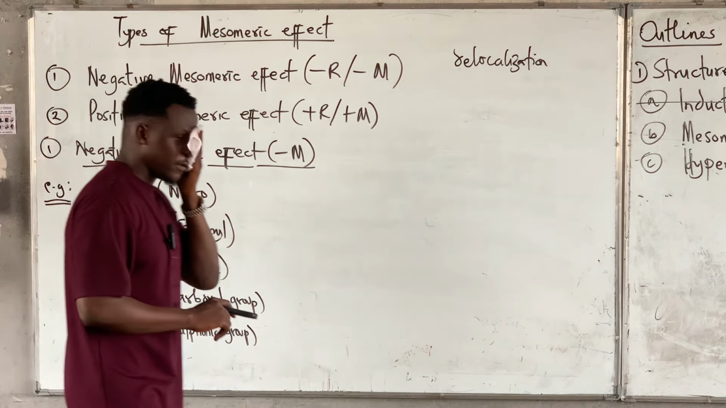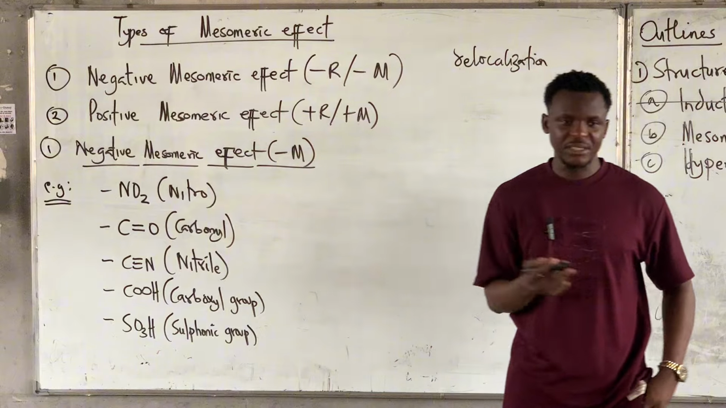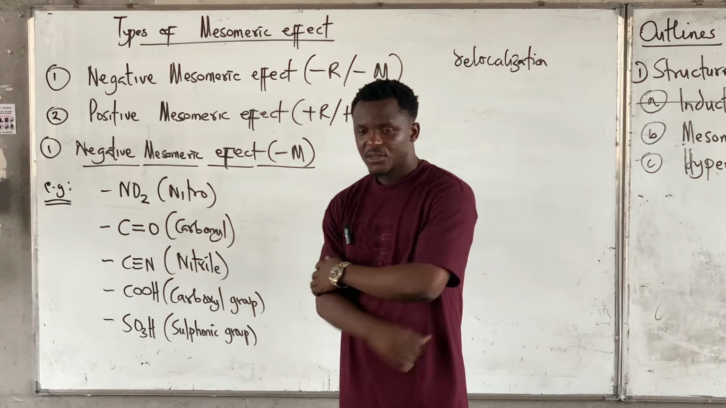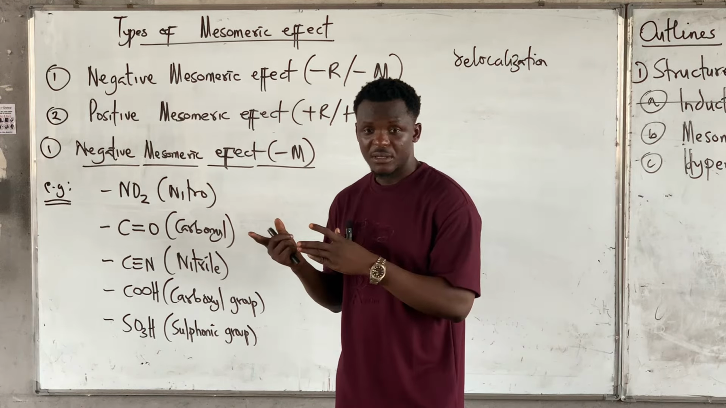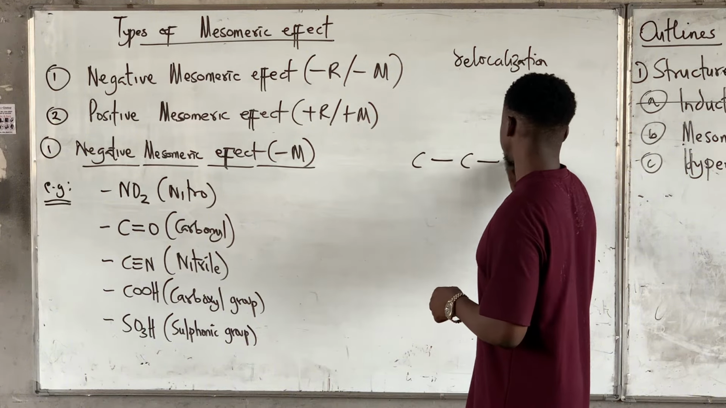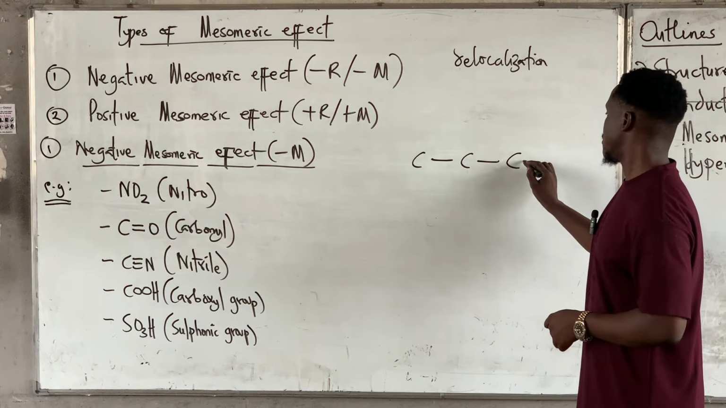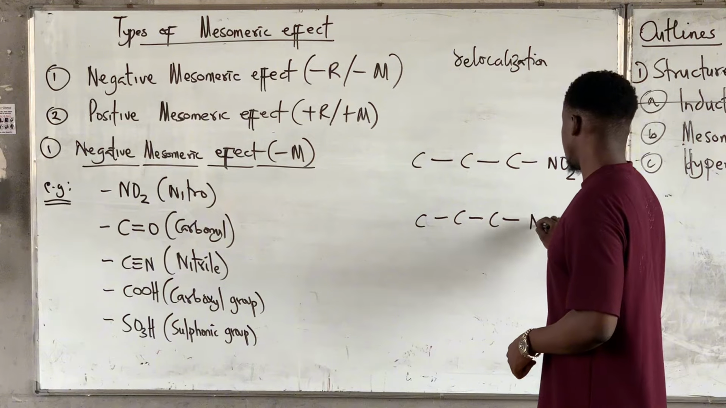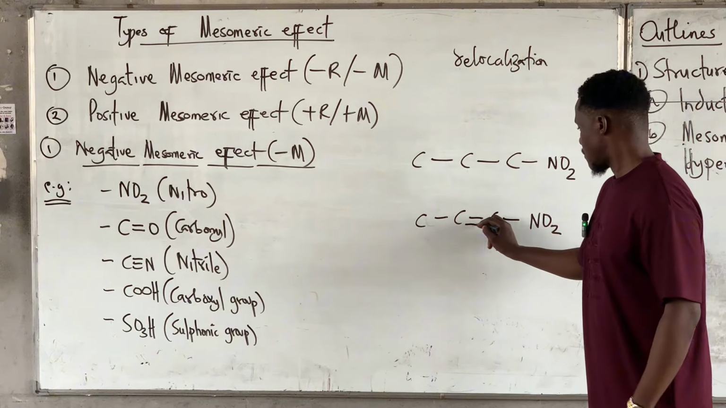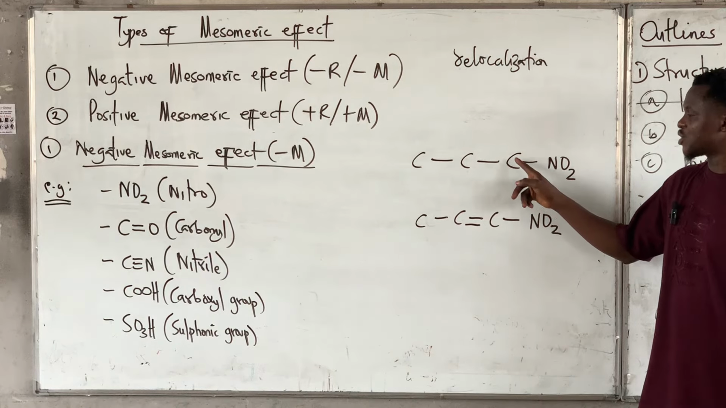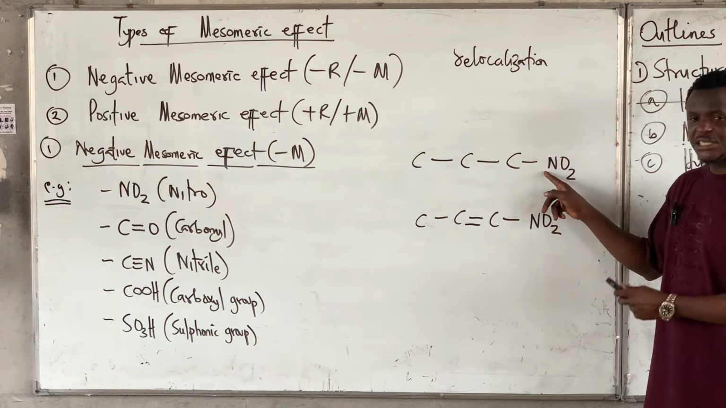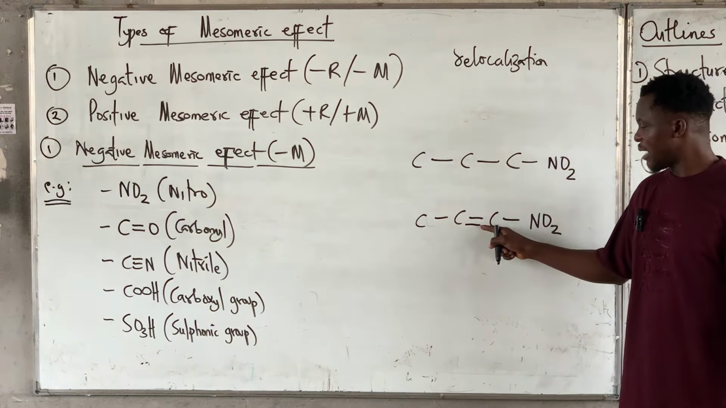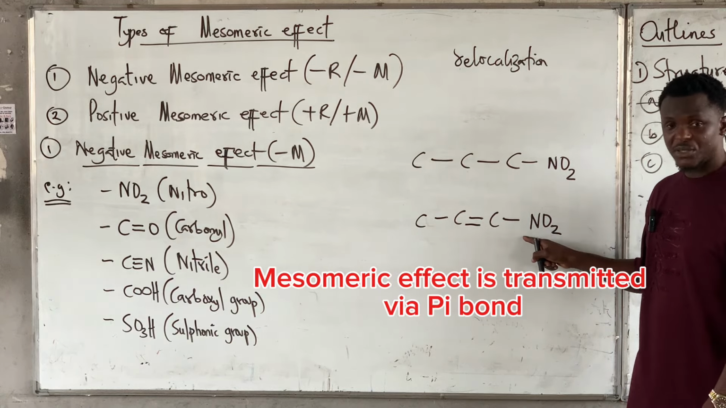But let me explain so that you know the difference between minus I and minus M. Did you notice that nitro was also written in inductive effect, right? Some of these substituents exhibit minus I and also exhibit minus M. Now, this nitro is attached to a carbon that has a single bond, so this is going to exhibit inductive effect because of the sigma bond, right? But this guy is attached to a carbon that has a double bond, right? So this is going to exhibit